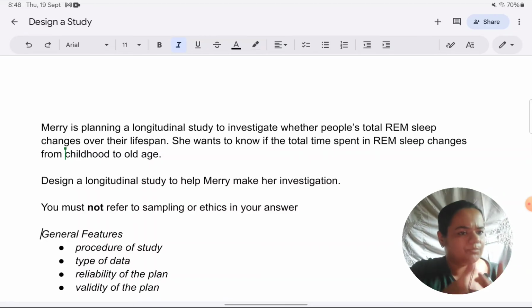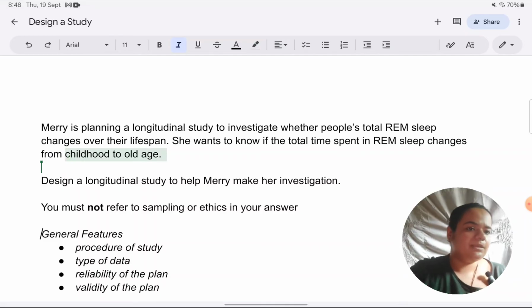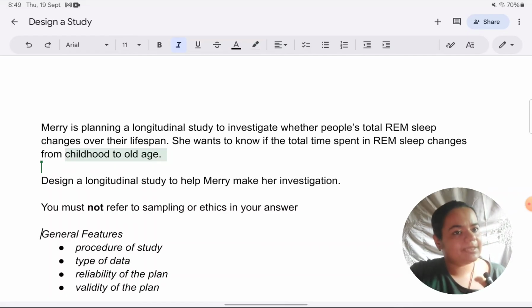Like I said, it's not important. You can have a different age group in your mind. So I think Mary should start investigating right from when the individual is 3 years to old age, which for me is say around 70, 75 years and more. She can keep on continuing her study for that entire duration. Now, if I suggest something like annually she should measure their sleep duration, so every year they should come to the laboratory once and she should measure their sleep duration.